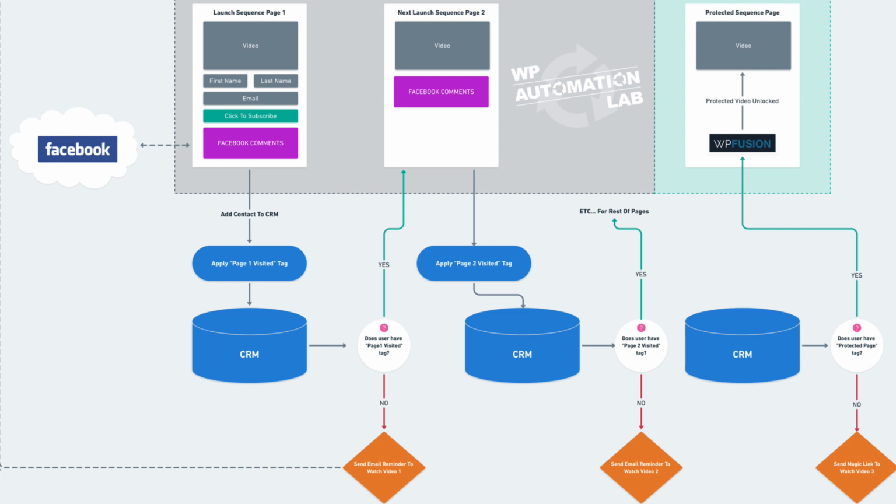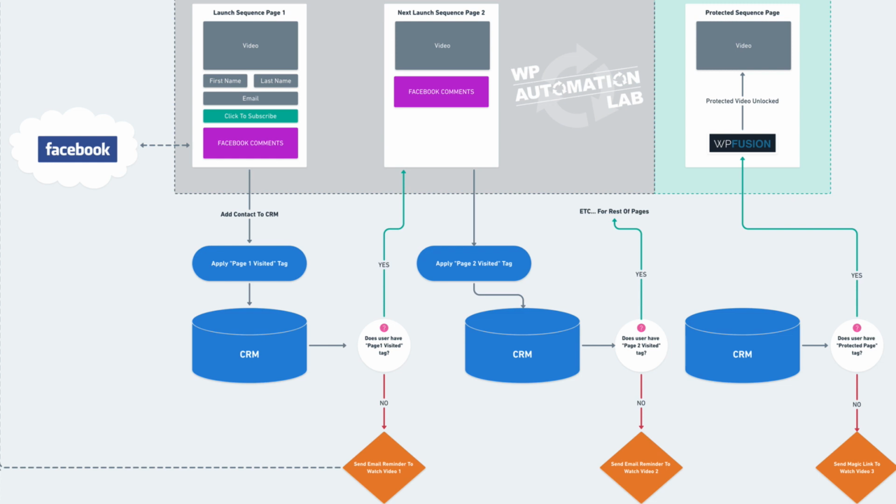So on the second page, you obviously don't need the intake form or the call to action for that. You just need the video and the Facebook comments. Now, all of this happens pretty easily and natively with your Ontraport tools. The only difference is that by embedding the content into WordPress landing pages, you can style them the way you want, you can add the Facebook comments the way you want, but you can also do things beyond that,